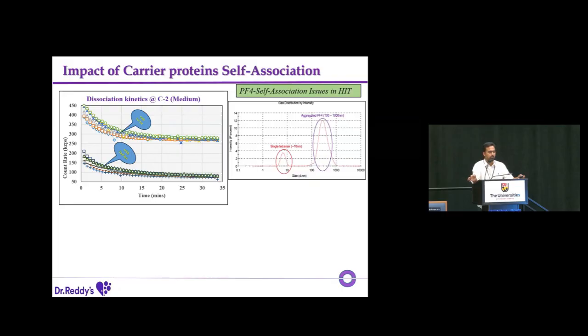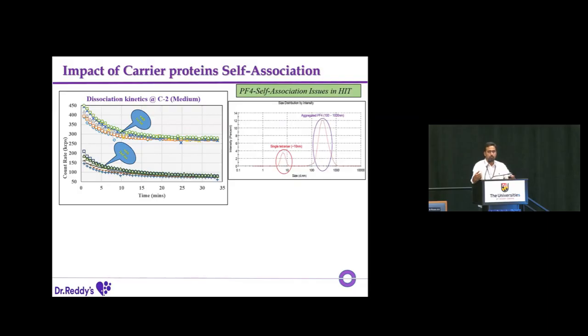When you come back and analyze, the single tetramer automatically turns into the aggregate. So in this negative experimentation, you may feel like some complex is forming, but the blank itself is converting into the aggregate. There is not actually any interaction happening there. So you need to screen for a dispersant where your PF4 is very stable, and then conduct